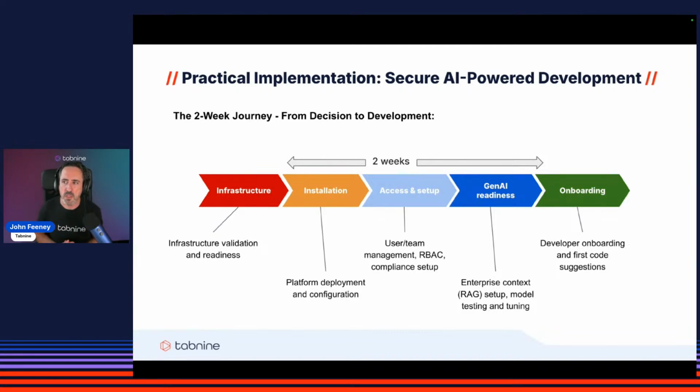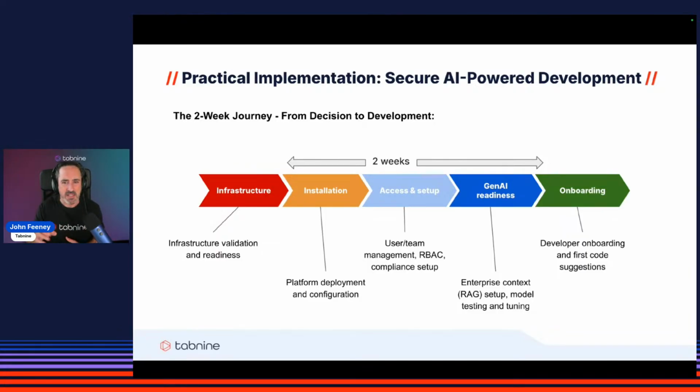Most organizations will pass this phase in about 48 hours, particularly where they already have an existing enterprise Kubernetes deployment or infrastructure. Then we move into the installation, the deployment, and here our team helps you with that. Installation is performed using Helm charts, and it typically takes roughly about 2 hours. It doesn't take long at all. The rest of this phase is configuration, so setting up the storage backends, connecting to the GPU resources, database configurations, and so on. And by the end of this phase, the platform will be up and running, the models are loaded, and basic functionality is verified.